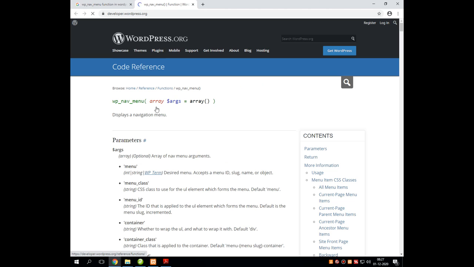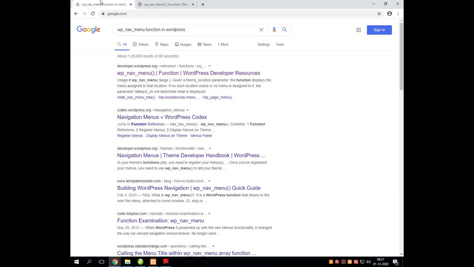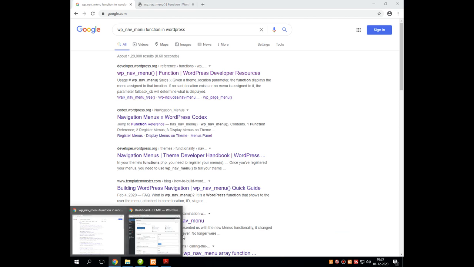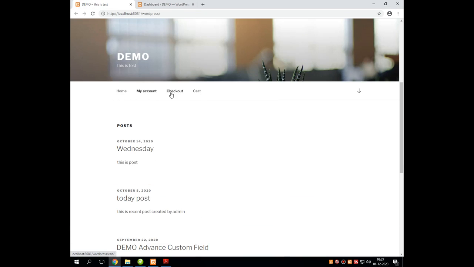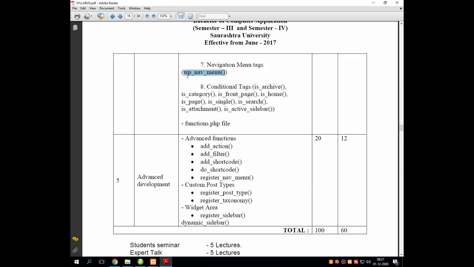It is used to retrieve or display the navigation menu created in WordPress. I am talking about the menu which we can see over here. This is the navigation menu we have created in WordPress. If it contains any drop down, it can be displayed using wp_navigation_menu.